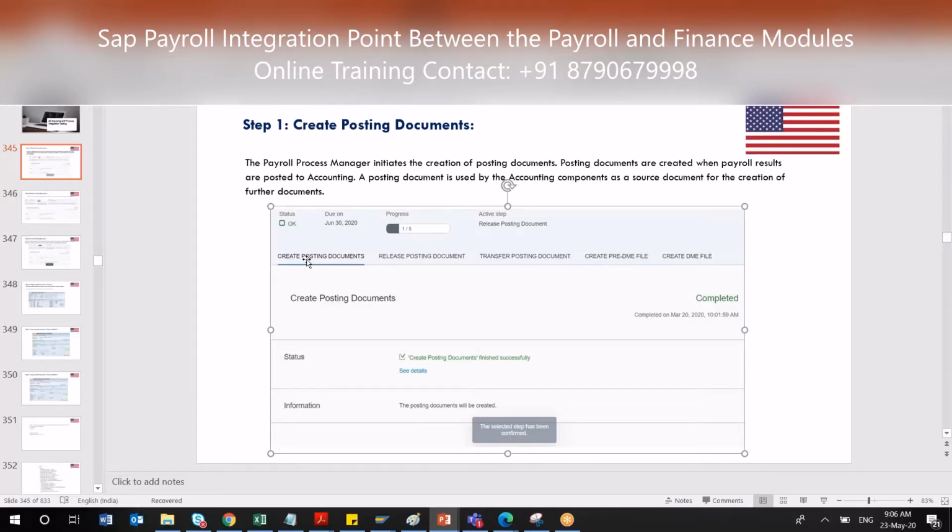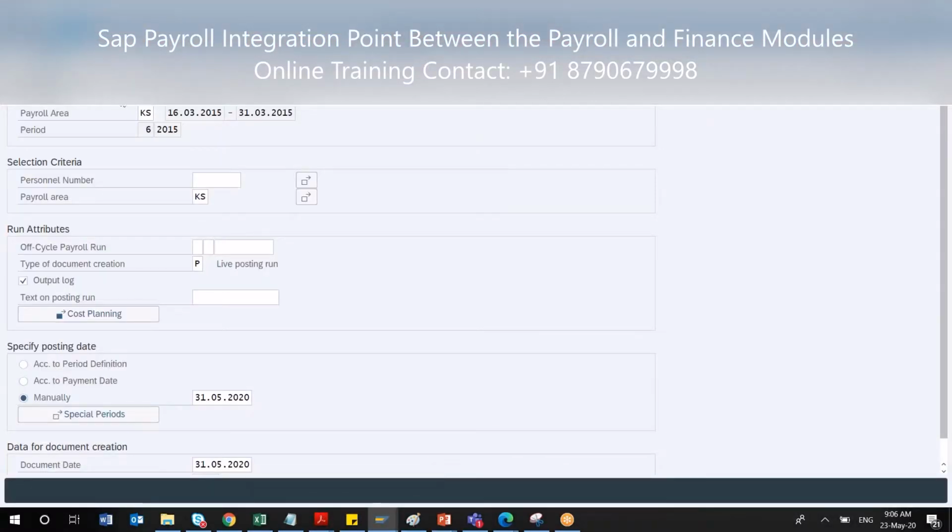Once you start the process, it is a sequential process. After creating a posting document, you have to release that posting document and then transfer the posting document. These are the typical steps we follow. I will show you in the on-premise system also. Once the posting is done, if you would like to release, there is a separate transaction code. Are you aware of this PCP0 transaction code? Yeah, I haven't used it, but I know it's there. The PCP0 transaction is used to release your document and transfer those specific documents.